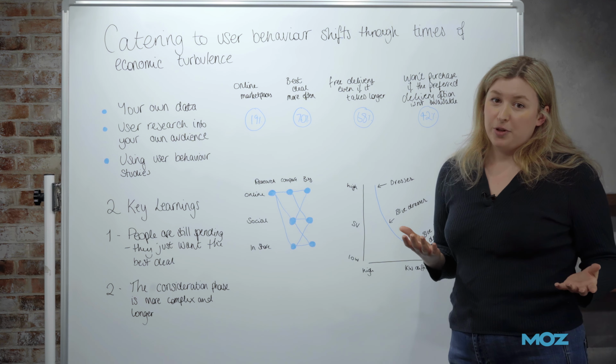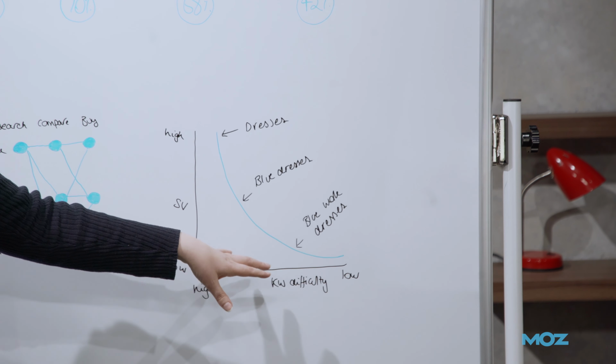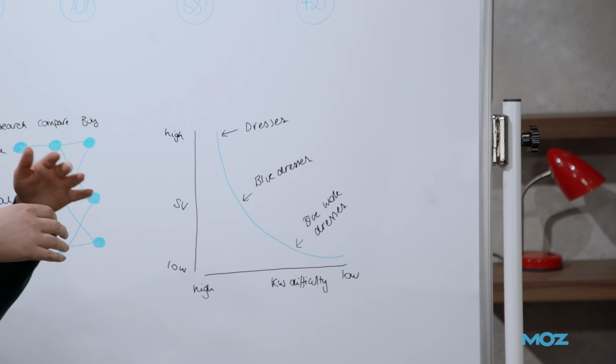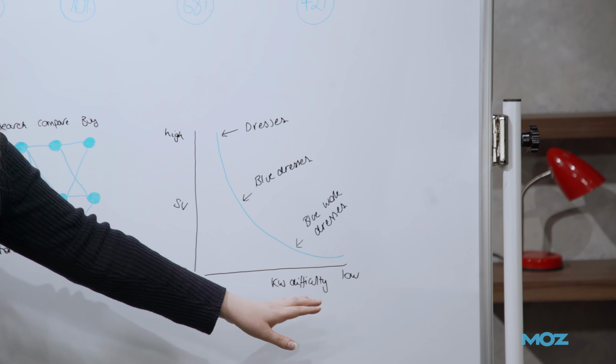If we think about organic traffic and SEO and how we can cater to this search behavior, dresses, we can see, has really high search volume. And then you've got blue dresses, which has about 18,000 searches a month. And then blue work dresses, which has 210 searches a month. So still a good amount of search volume. And when these are all built up together, so blue work dresses, black work dresses, and then you've got designs, patterns, this is actually a lot of search volume.